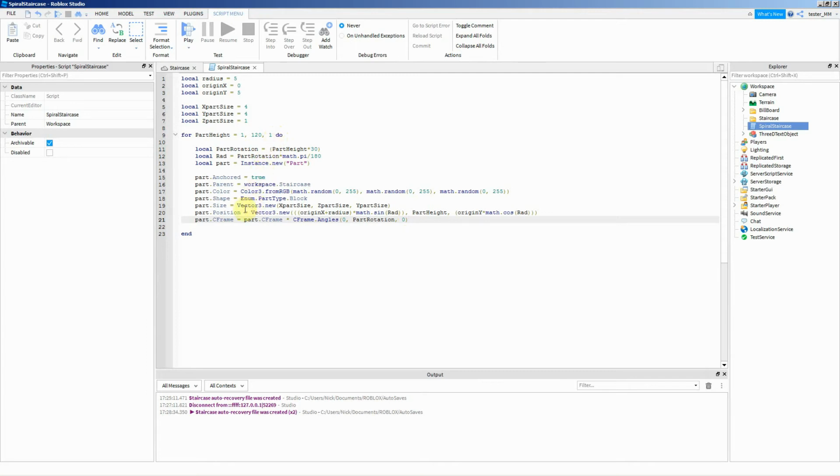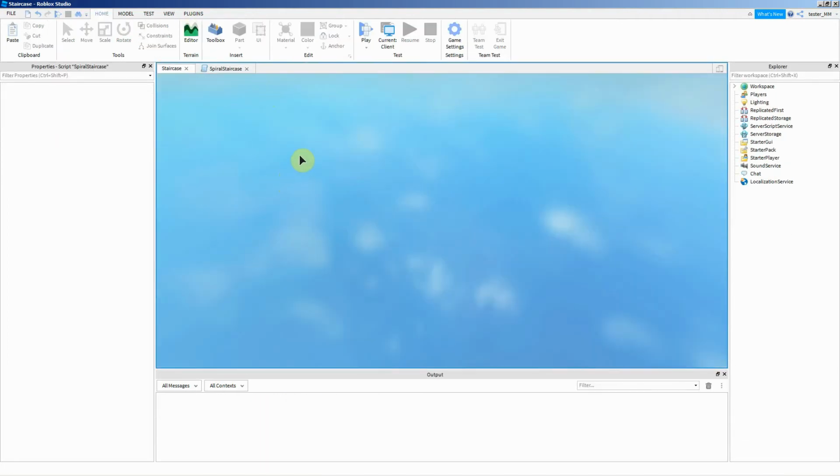Then we're changing the CFrame of the part, and the CFrame is something every part has, and we're using the CFrame to change the angles. Now the CFrame can change the position and the physical properties of the part, like the position and the rotation and moving the part. But here we're just changing the Z axis of the rotation, so the part is revolving around its Z axis, and we're setting that to part.Rotation, which we mentioned earlier is equal to part.Height times by 30. If we run this, then you can see that it creates the spiral,